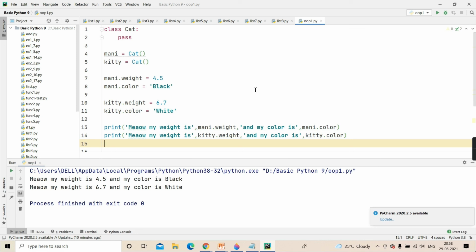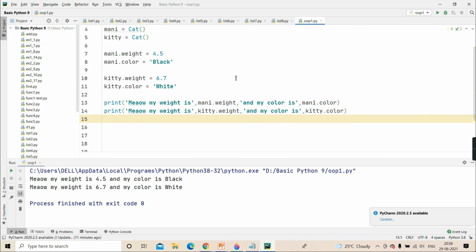True object-oriented programming languages like Java and C++ won't accept this. They say that if class Cat is defined with color and weight, then all objects will have color and weight only. But as Python is a dynamic language, it allows you to add different properties to different objects.